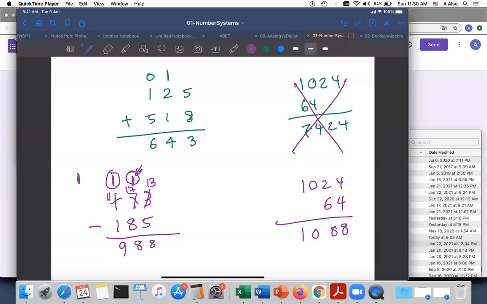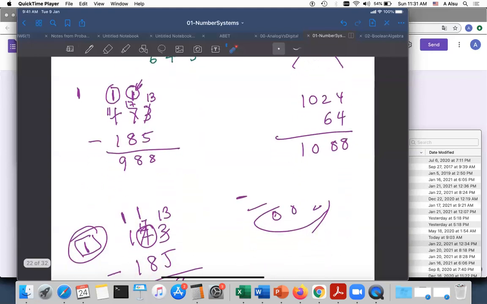However, you must understand that we have a final borrow of 1, which means if you have a borrow of more than 0, then your answer is negative. What is the position of this borrow? The position is in the 4th digit, okay? So it has a weight of 10 to the power 3, okay? So this one here is equivalent to 1,000, not just 1, okay? All right, so the final answer is